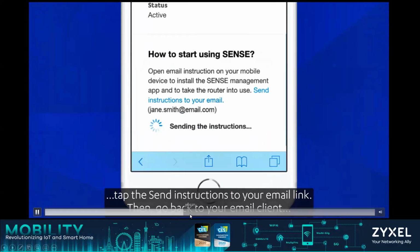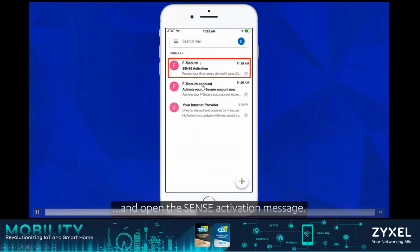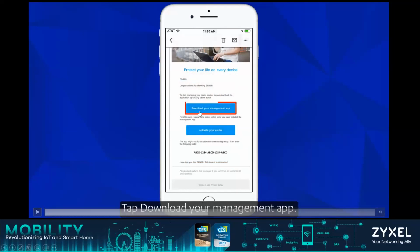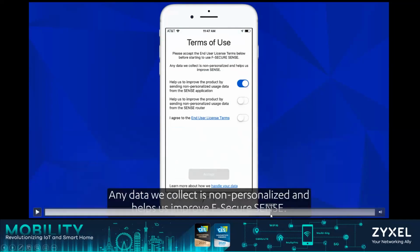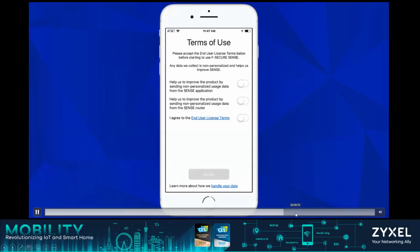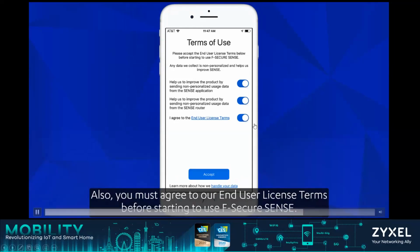So once you sign up, you get two emails, one to activate, the other one for Sense activation. Here you have a link that you can use to download the app, and at the bottom, you have a code that you will need to use in the app to activate it. Once you use the link, download the app, and start the app, because this is a security service, legally you're required to have certain disclaimers. Once they accept,